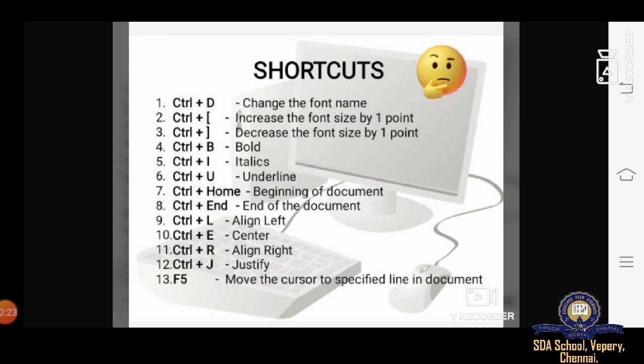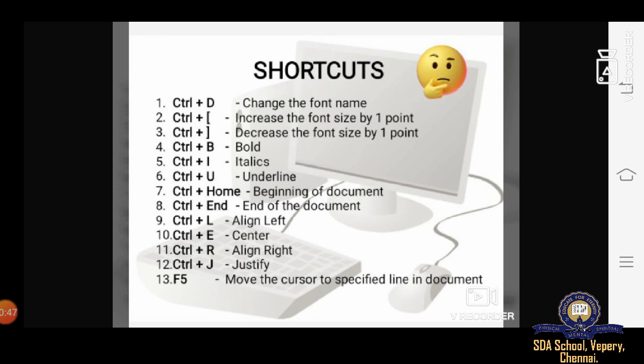Okay, the last we are going to study is shortcuts. Whatever we studied in this unit, I am going to discuss the shortcuts, and these are: Control plus D changes the font name, Control plus ] increases the font size by 1 point, and Control plus [ decreases the font size by 1 point.